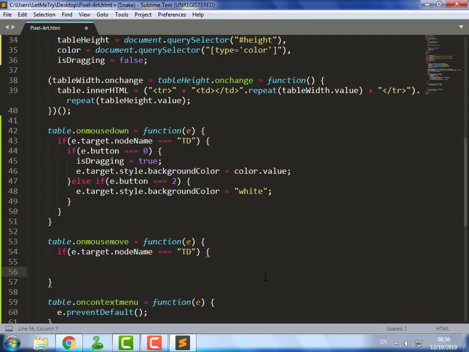And with each mouse move, we keep drawing unless the user releases the button.